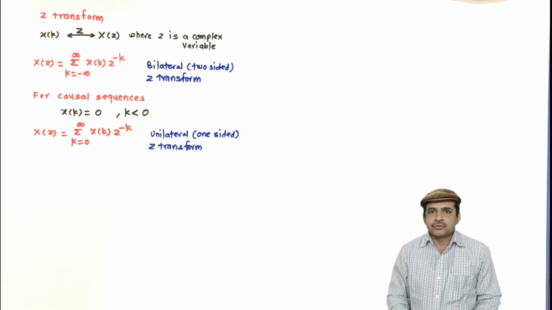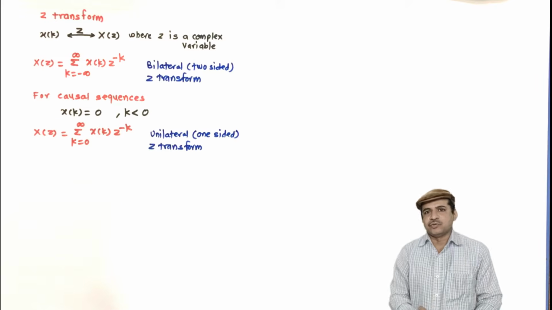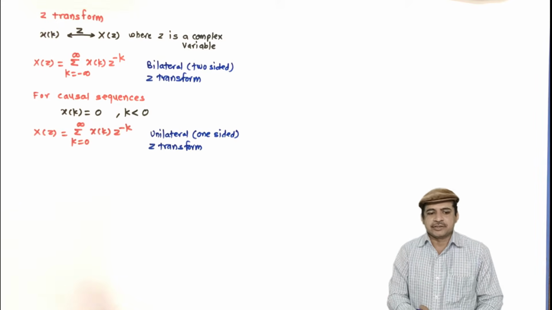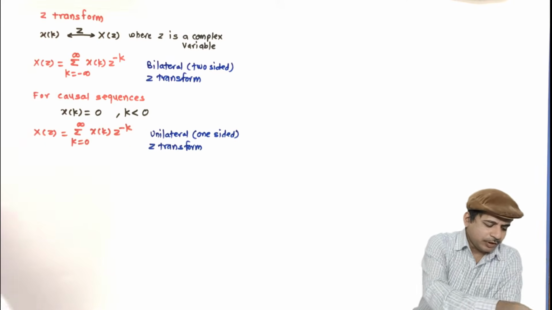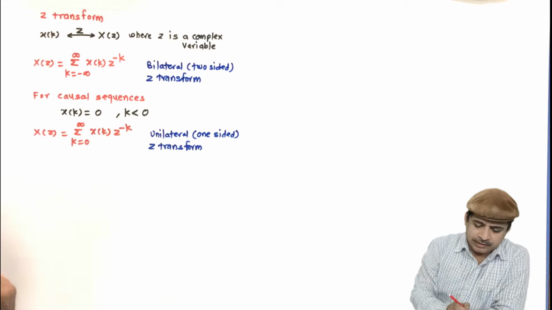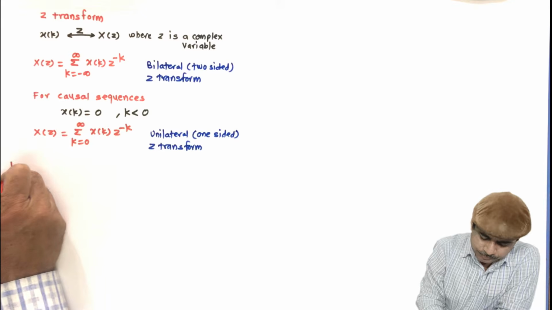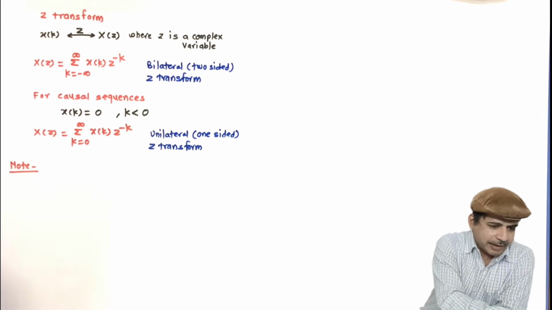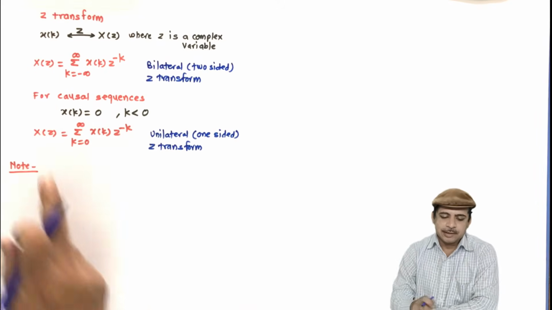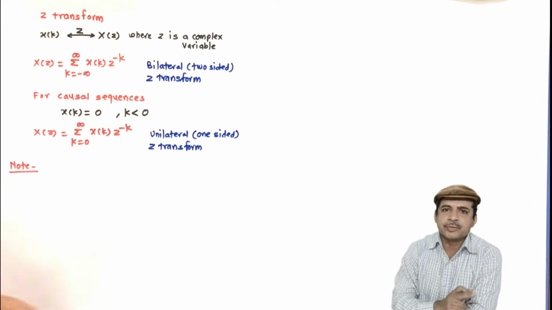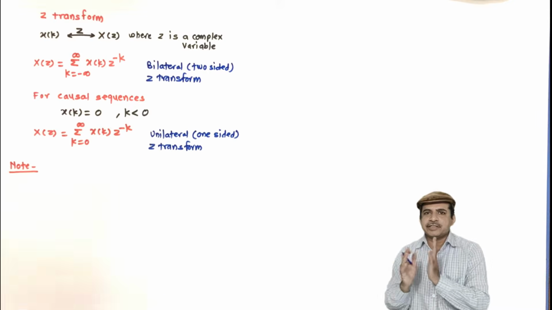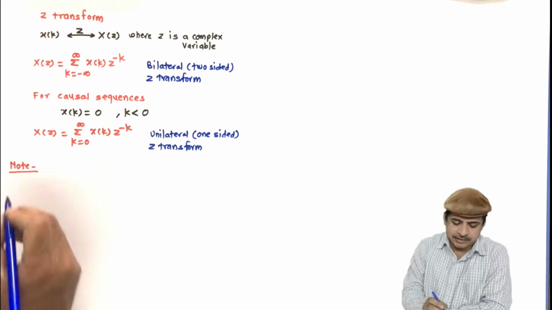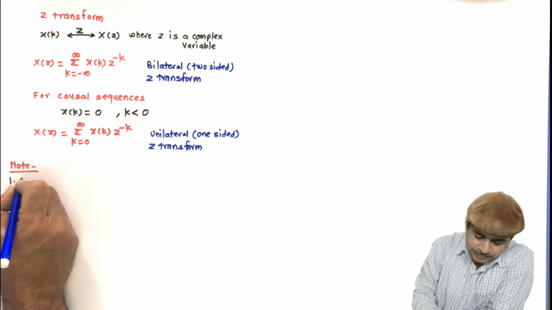So throughout the course, we will use the unilateral Z transform. We will see its properties, its transforms and its applications. Now, what I need to make clear, I will make here a note. There are some important factors. For example, this x of z is the Z transform of x of k. So x of z is a function in z. But the important aspect is that, number one,